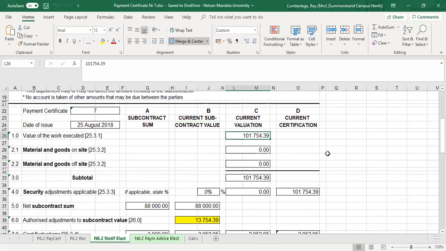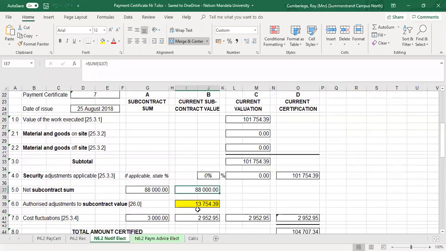If you go to your final account, one of the final account contract instructions, the adjustment for provisional sums, we omit what we've measured and we add the new. And this figure was supplied by the electrical engineer, excluding that. So to complete column B, it's the final value, the 101,754, less the 88,000 will give you this difference of